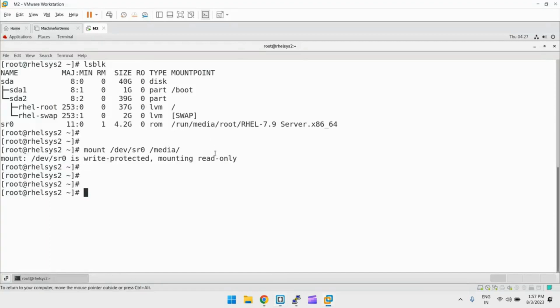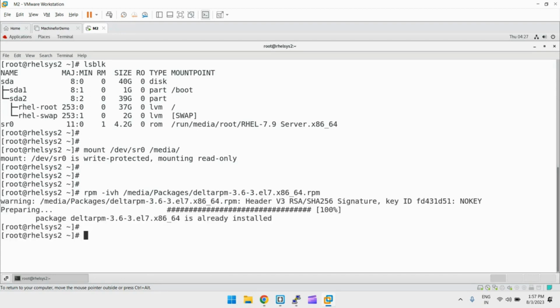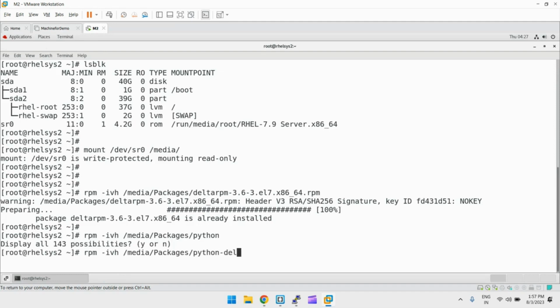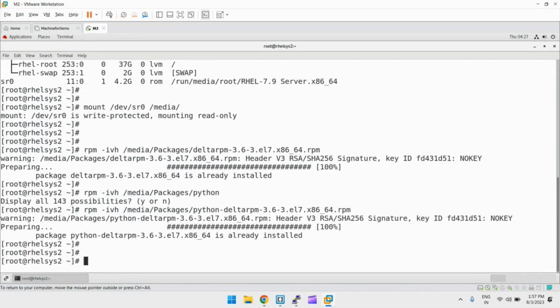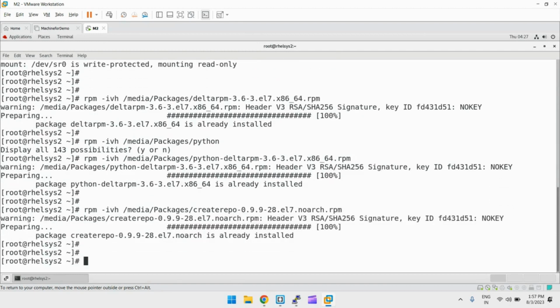So let's quickly install them. rpm -ivh /media/Packages, inside Packages we have all the packages. Deltarpm is already installed. We can install python-deltarpm; if it is not installed on your system, you can install it. Python-deltarpm is also already installed. And one more, createrepo, this is the one. And the last one is